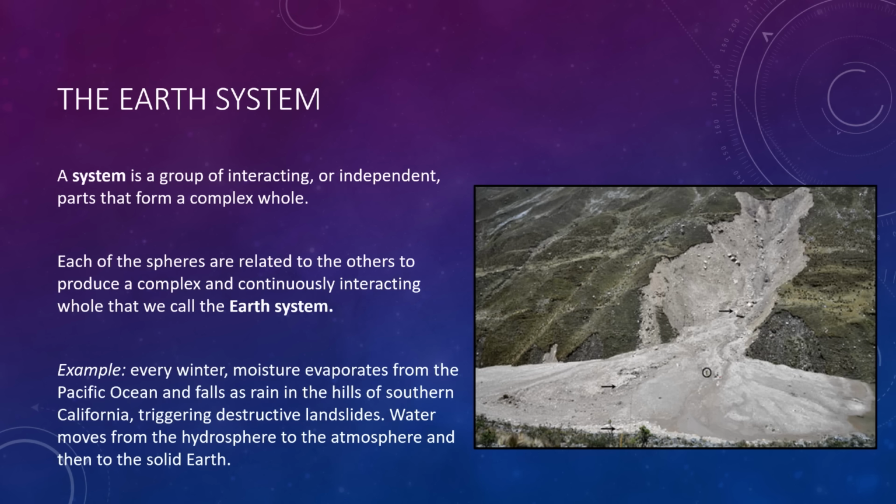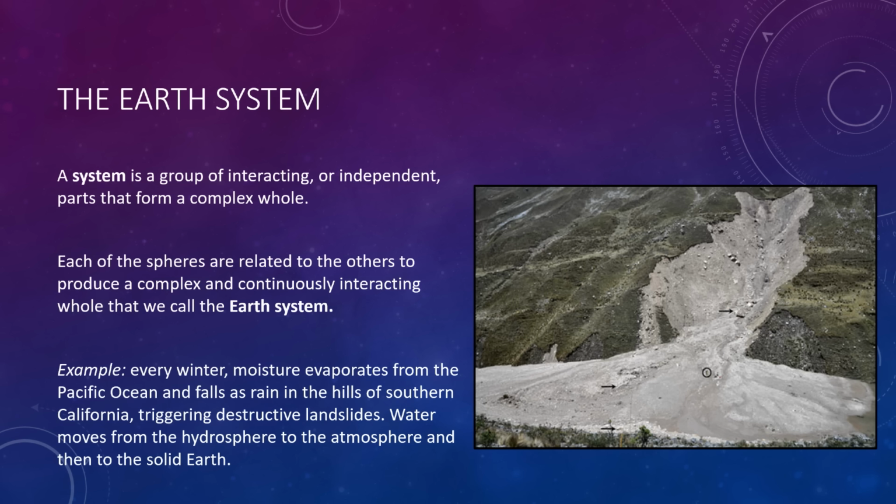So, now let's kind of take everything we just learned and combine it together. A system, by definition, is a group of interacting or independent parts that form a complex whole. Anyone who studies Earth will soon learn that our planet is a dynamic body with many separate but interacting parts or spheres. The hydrosphere, atmosphere, biosphere, and geosphere and all of their components can be studied separately. However, the parts are not isolated. Each is related in some way to the others to produce a complex and continuously interacting whole that we call